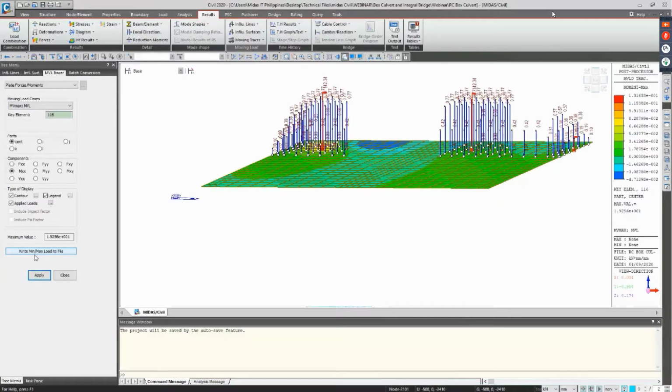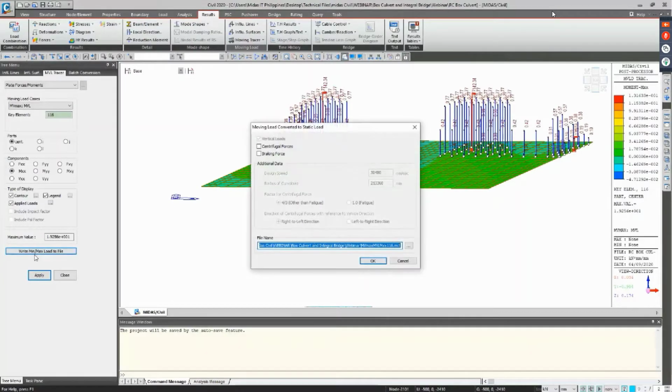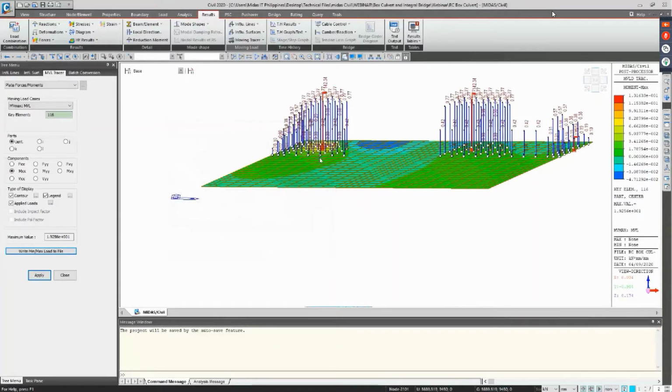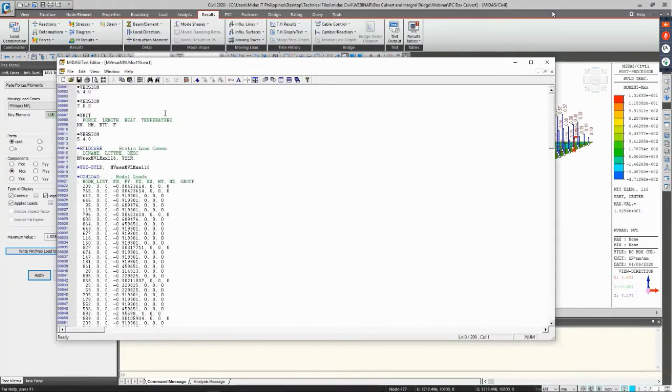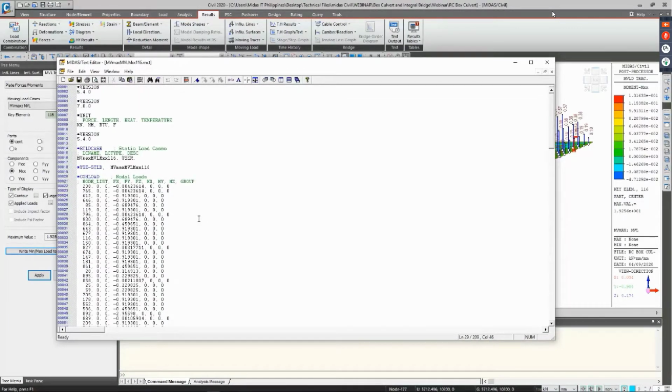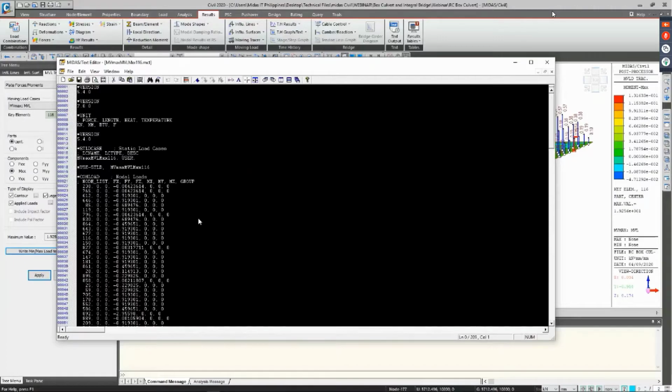So to convert this, you can click on write min max load to file, and then for the conversion, you can also include centrifugal forces and or braking forces. So you need to define the design speed and the radius of curvature and the factors and direction for the centrifugal force. And then it will give you a text file or MCT file. So all you need to do is copy all of this code,